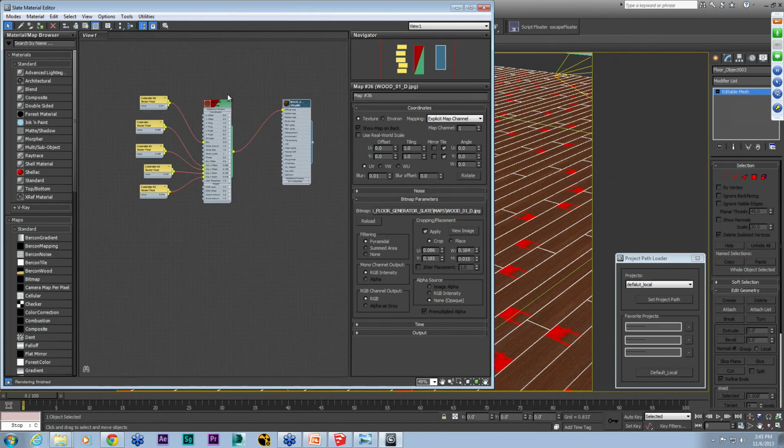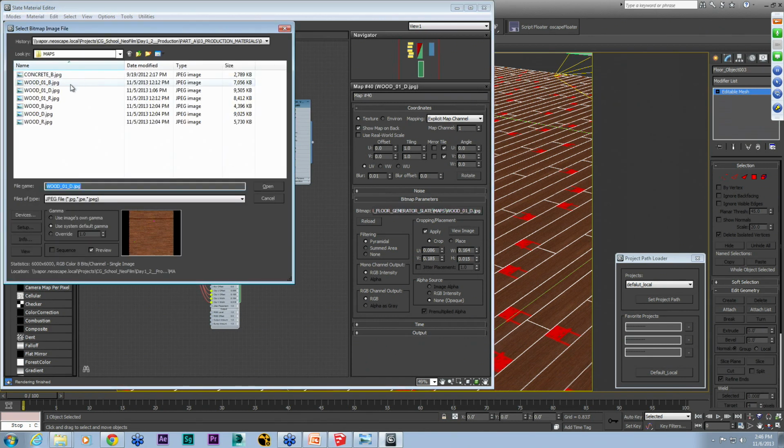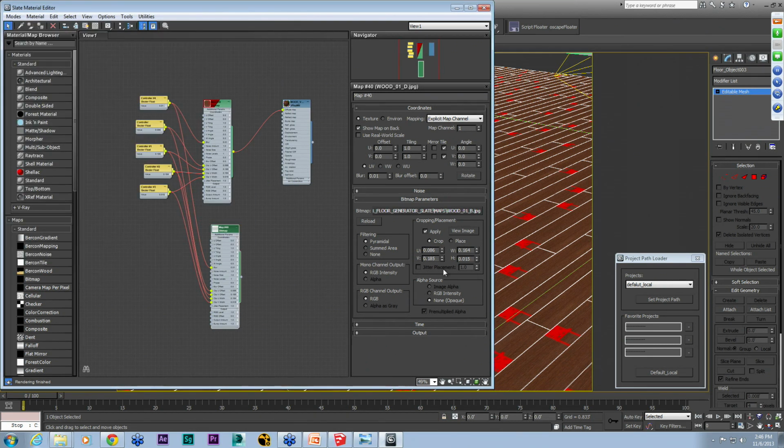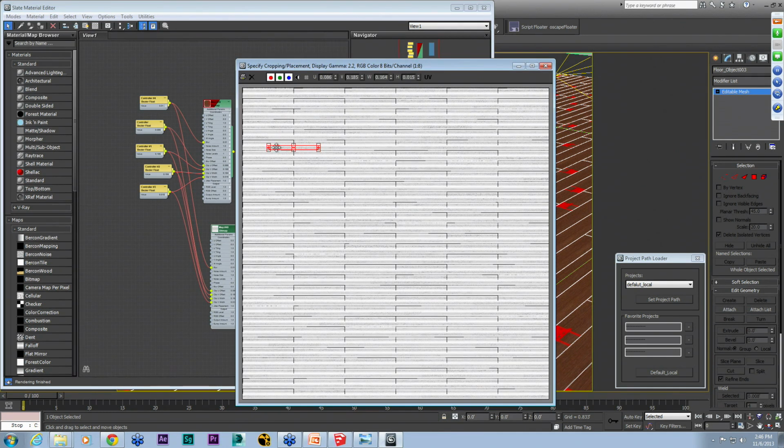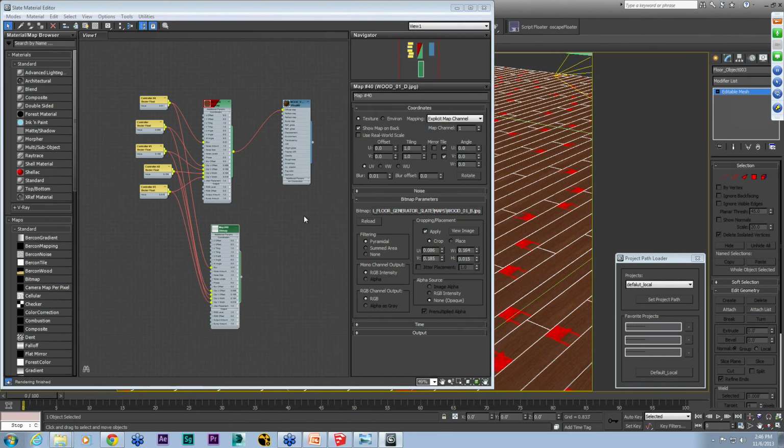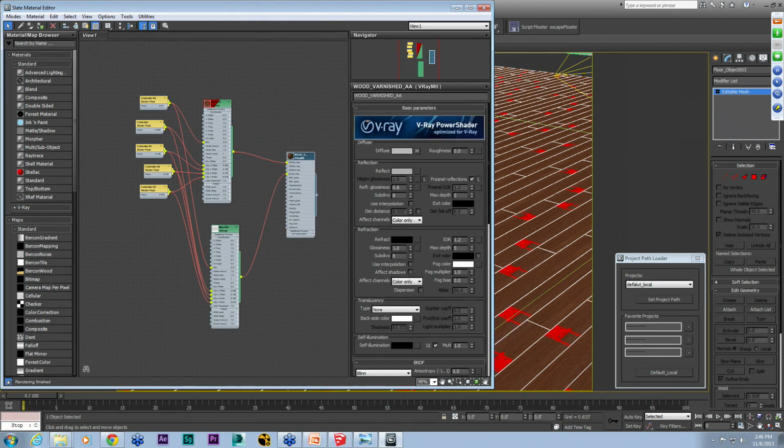And let's say we actually wanted to put a bump map into this as well. Again, in Slate, you can just shift and drag, and it'll instance all of those controllers. So our crop and our diffuse and our crop and our bump map will all be the same. So we can then just link in our bump. You'll see that our bump is in the same location. And then we can just drive that up here into your main map. So now once we have this set up,